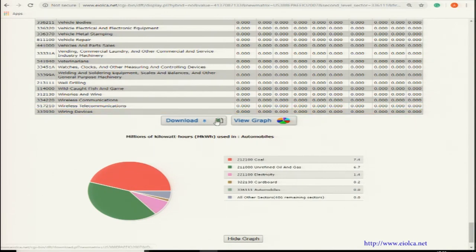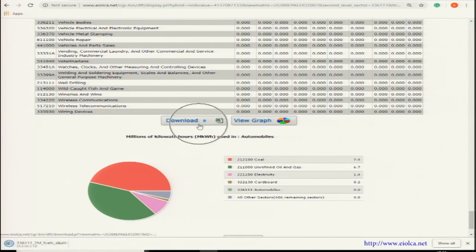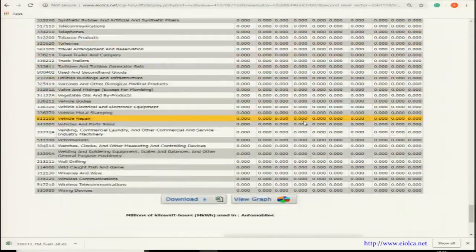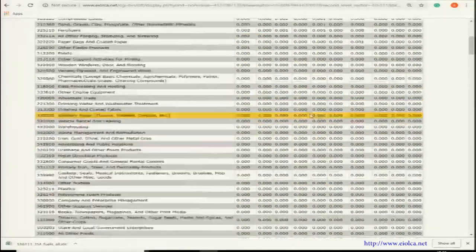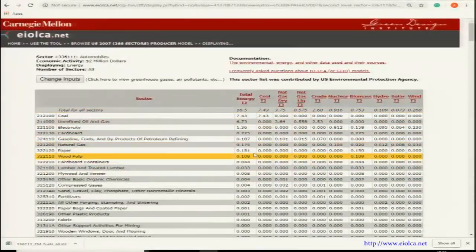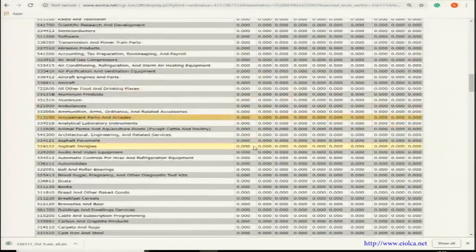Also, we can download the data in an Excel sheet by clicking download here. The data is being downloaded. After downloading the data, we can also interpret the result. We can make various other plots. Only a pie chart is given here. We can make line diagrams, do certain statistical analysis, or get a feel of the data. Data representation can be made in multiple ways when we have the Excel sheet with us.